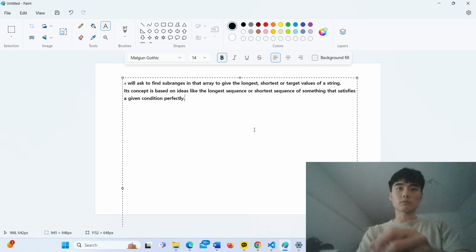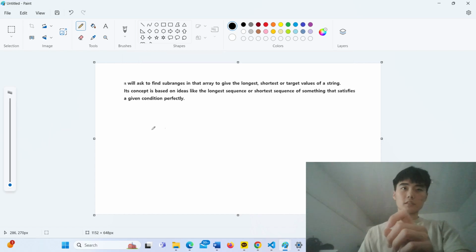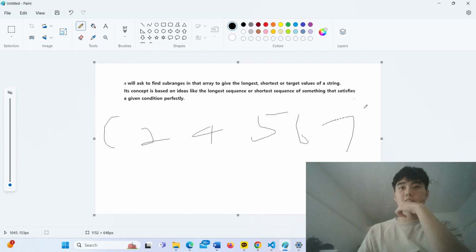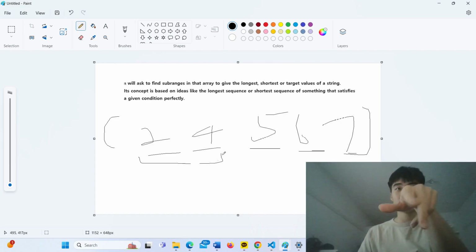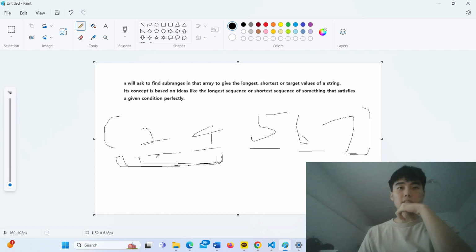I'll show you a quick example. So let's say there's an array like this, and you have to find a subarray, which is a partial array, of size 2. So the size is fixed, so the k is fixed, but then you have to find a subarray that has the biggest sum. So what you do in this case, you don't have to find it using nested loops,